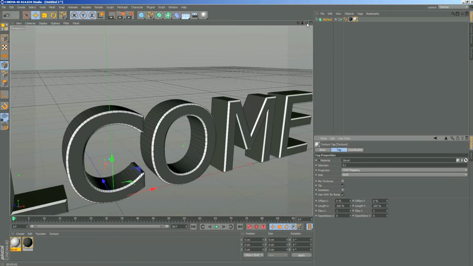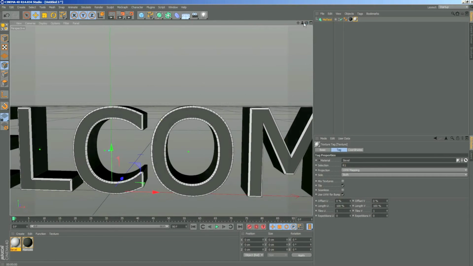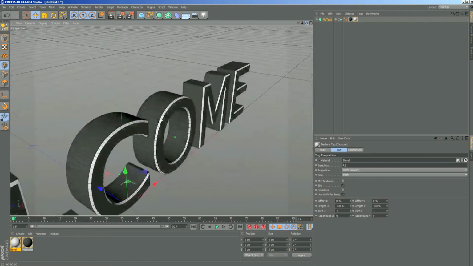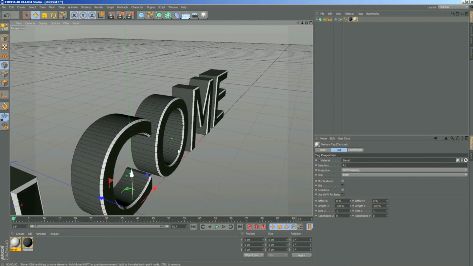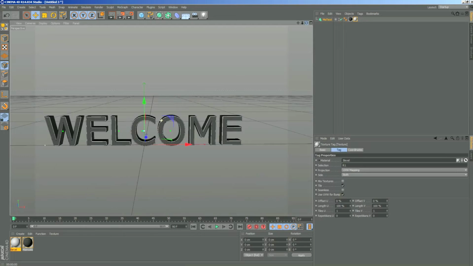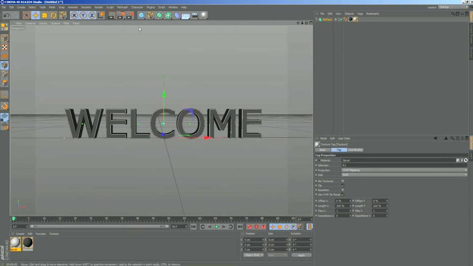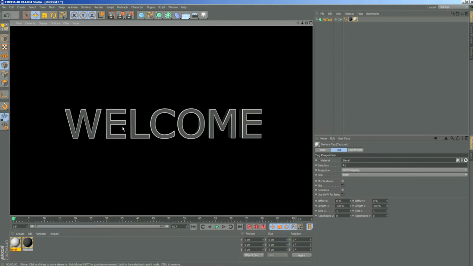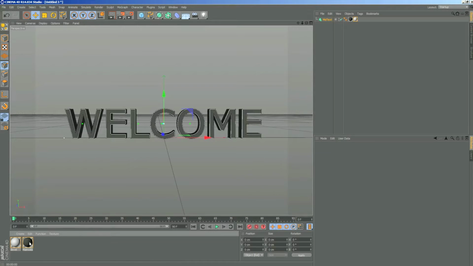So now we have a white border and a dark gray text. Let's say we want to give it more details. Now when we render it, it's already cool. We have a dark gray material and the white edges. Perfect. So what we can do now, we go to the main color